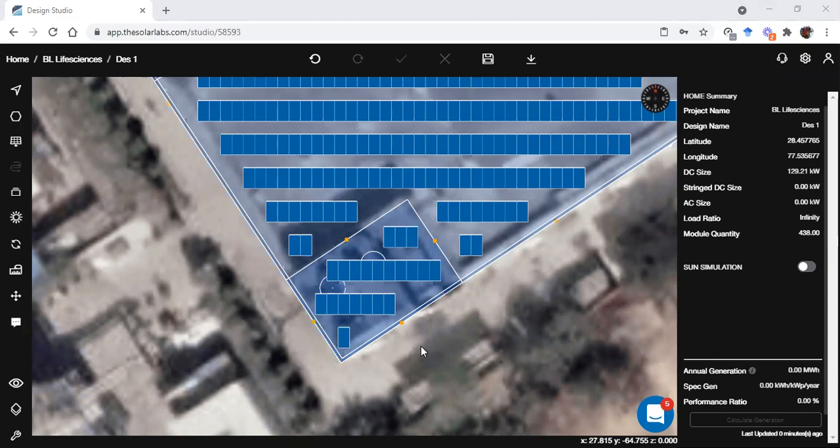Like elevated module structure, which kind of structure are you talking about? Superstructure. Okay, sir.